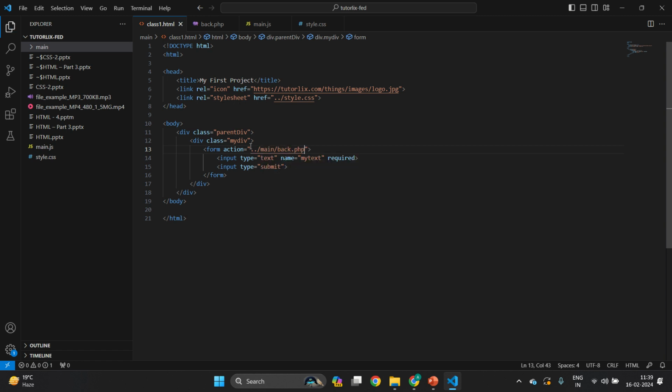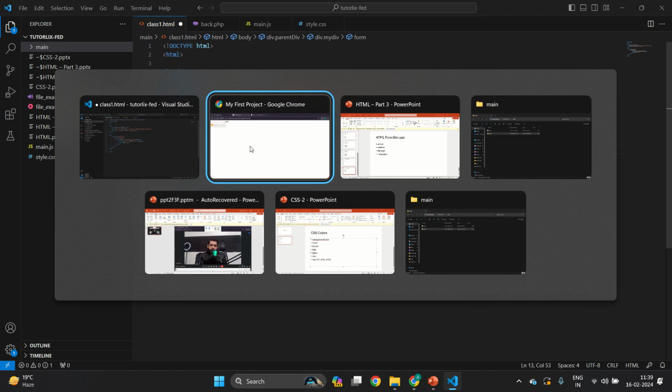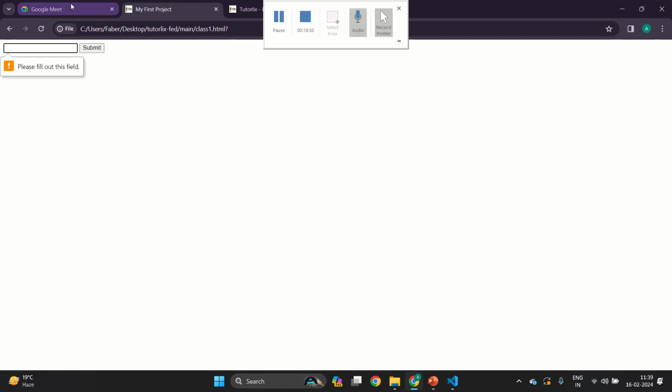So we have defined the place where our file is, and then we give it method. Method is get or post. So the difference between get and post is,